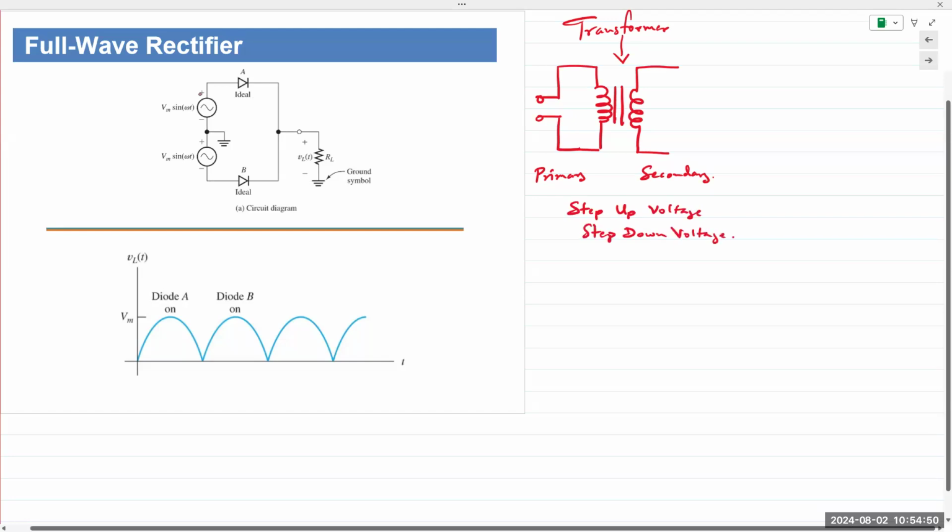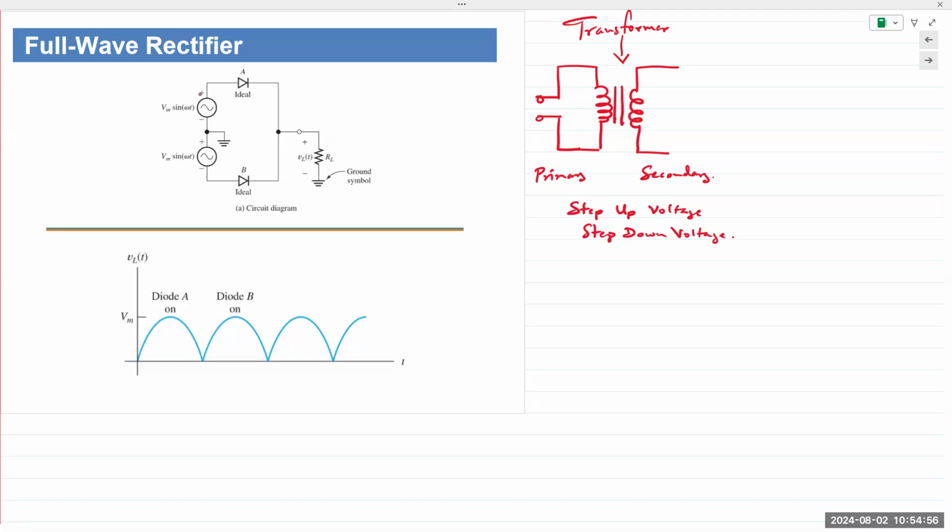And as I said, there are a number of equations that govern this, but you can easily step up voltage or step down the voltage. And this, of course, is all for AC